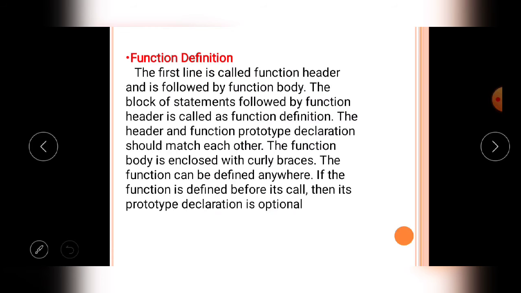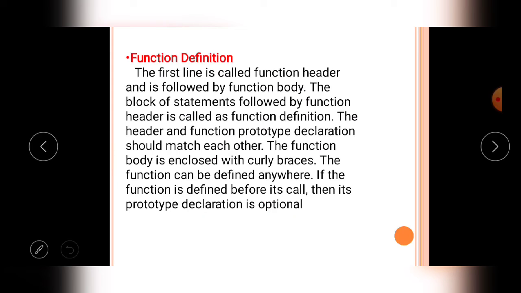Then next comes the function definition. The first line is called the function header, and it is followed by the function body. The block of statements followed by the function header is called the function definition.